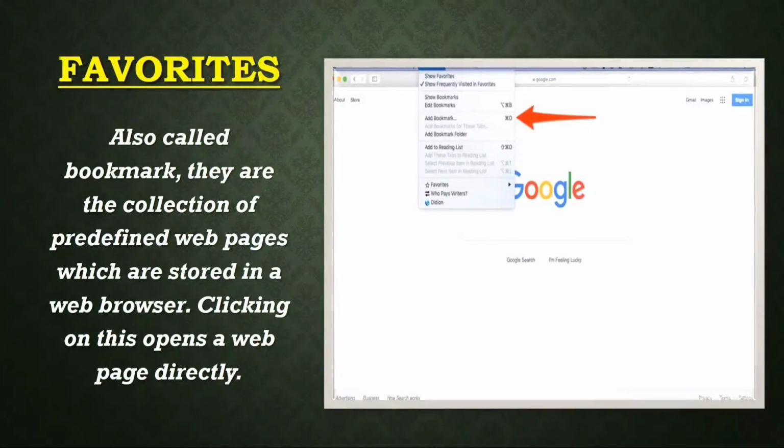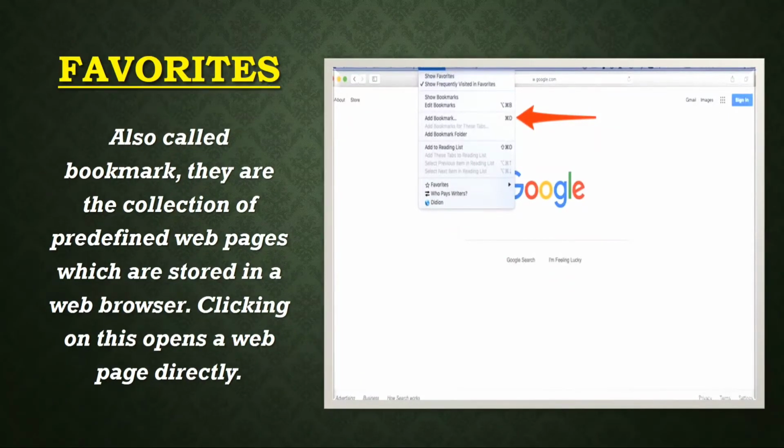The same way we put bookmarks on the web browser with the help of the favorite option, to know which web page we are using, so we can easily access it without finding it so many times.